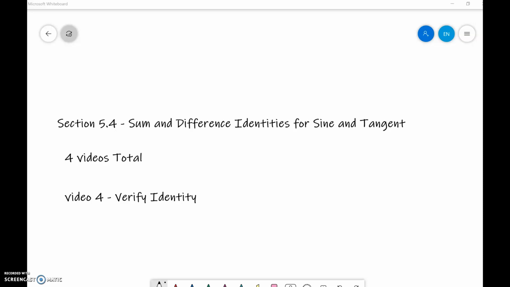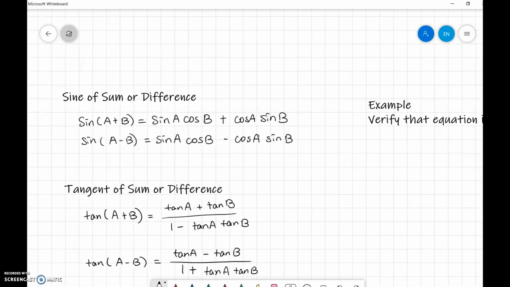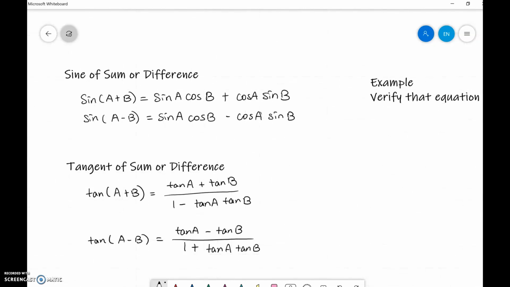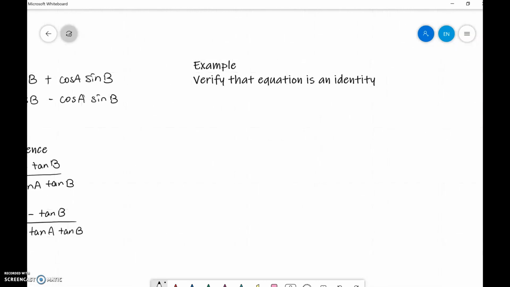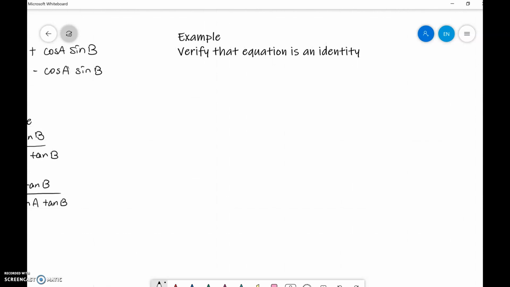This is the lecture video for section 5.4, video 4. In this video, we're going to do one example for verifying identities. At the beginning, I'll quickly show you the four formulas we're going to use. Still the same four formulas. And then the example we're going to do is